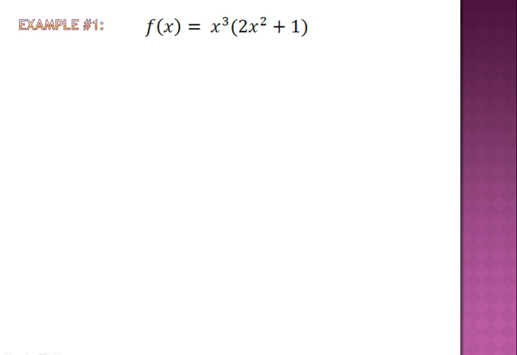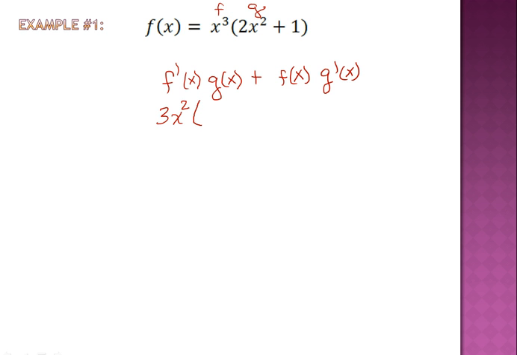Okay, let's do this one more time. So the product rule, remember, derive the first, leave the second one alone, add, leave the first one alone, derive the second. So my functions f and g, and I have the derivative of x cubed, 3x squared, leave the 2x squared plus 1 alone,